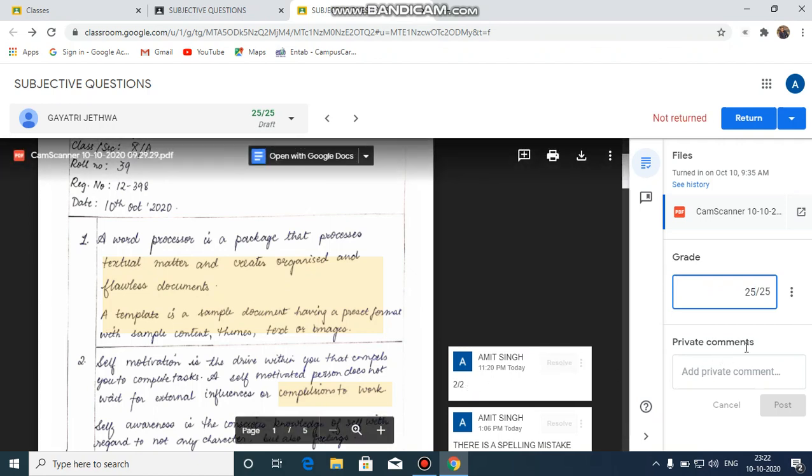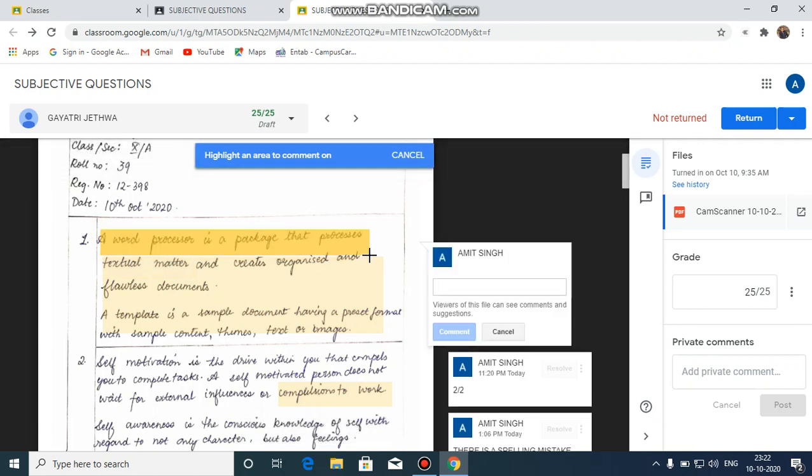And there is another section, that is private comment. If we write any comment over here, the student will get notified, but that comment will be private. That will not be meant for this page which we are having. So it will be better to write a comment by clicking on this add comment button just at the top, and just select the area, drag it, select and write any comment. If it is not requiring any comment, just put the marks, whatever marks you want to give.